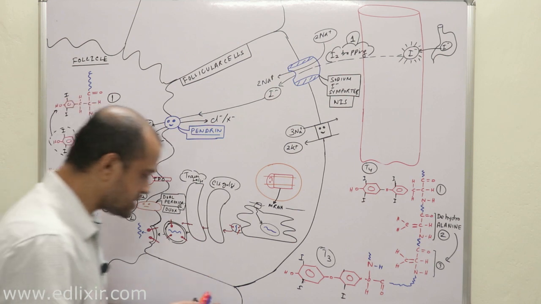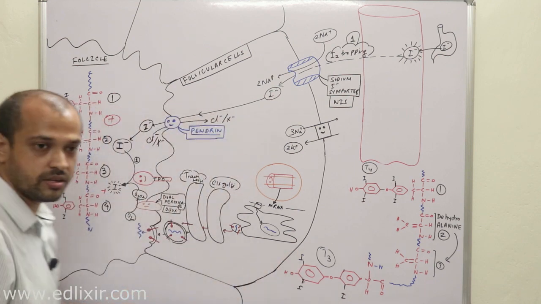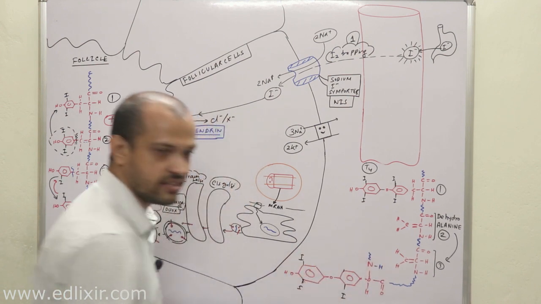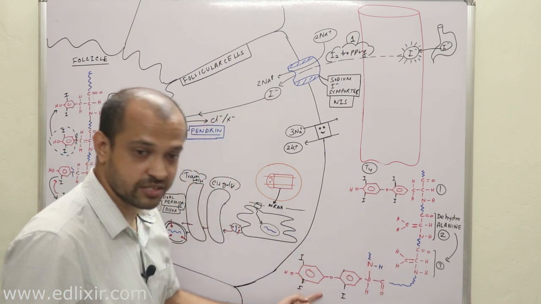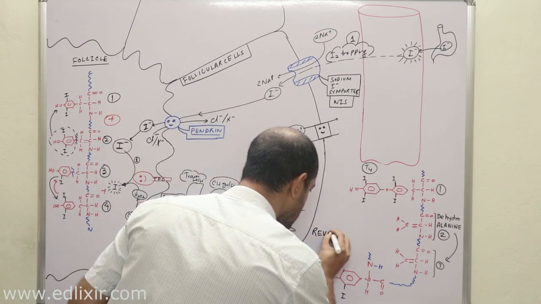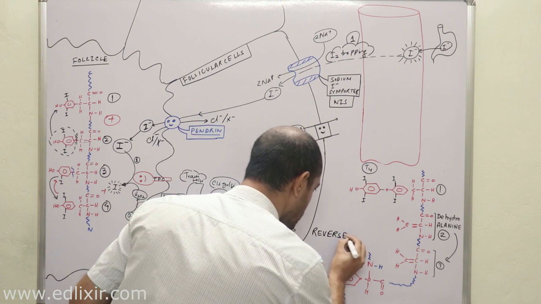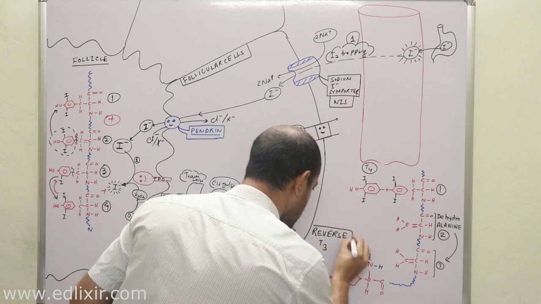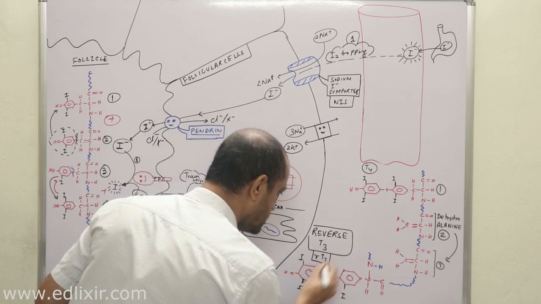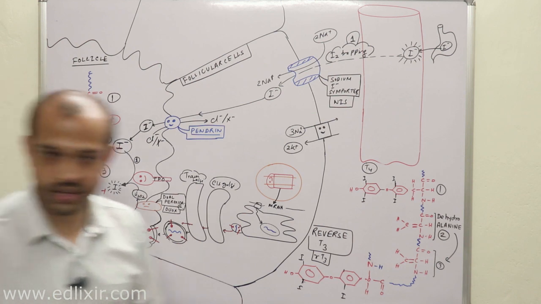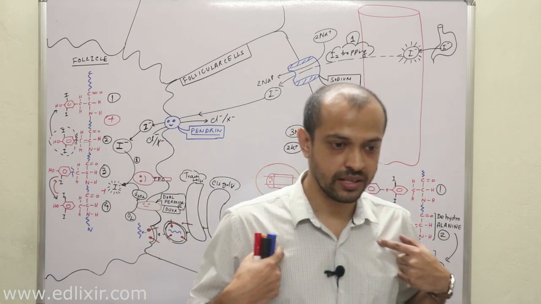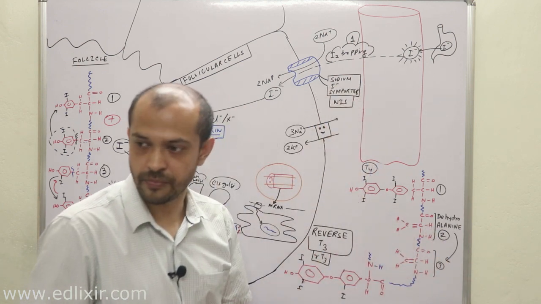Now listen, this molecule is actually a biologically inactive molecule. Though it looks like T3, it is actually not T3. This is called reverse T3, or RT3. RT3 is a biologically inactive molecule, clear? But it stays in our blood vessels for a long time, in our blood for long. Therefore, RT3 is also used for what?